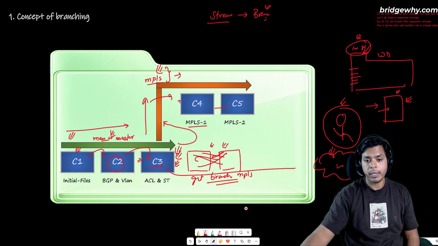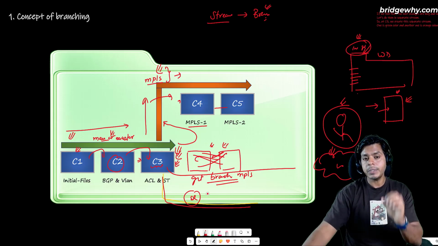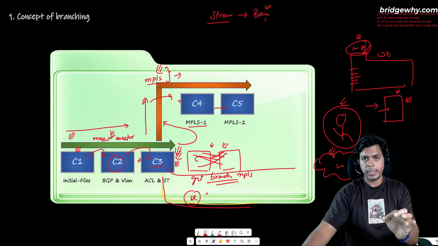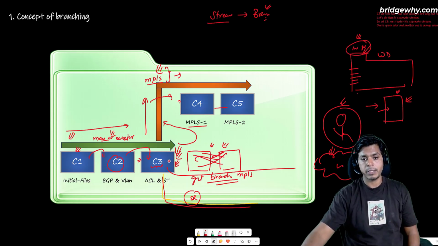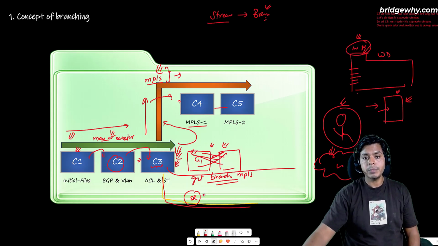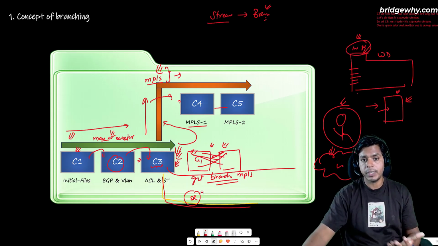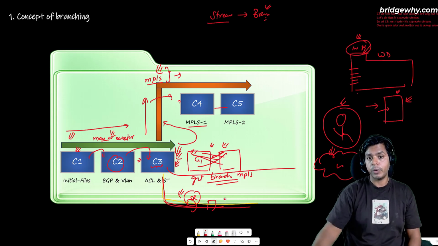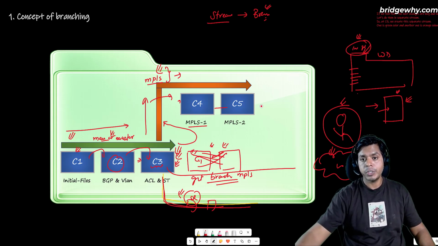The manager can come and ask, can you add segment routing also into this configuration? Rahul can create another branch from here, right? This is totally dedicated to segment routing. See, some changes are so small, you can do them directly. For example, adding BGP configuration, maybe C3 to C4, we can do right here. But some changes like MPLS segment routing are a big change in the network, right? Which can't be done in one commit. So the good thing is you create another branch, you test the configuration, and once it is done, then you can think about when I need to move all these branches into the main,